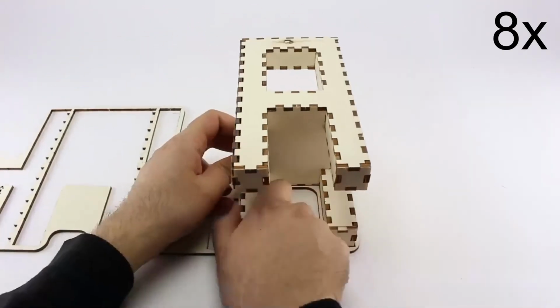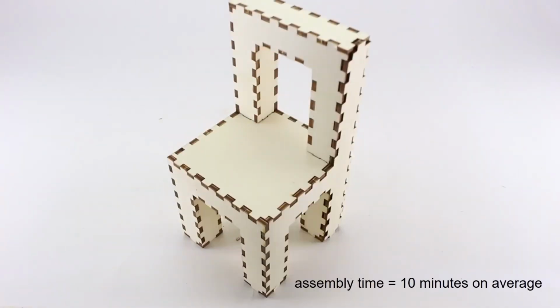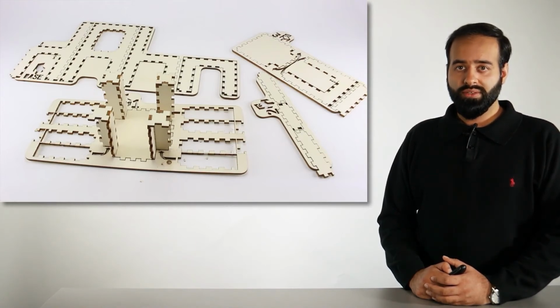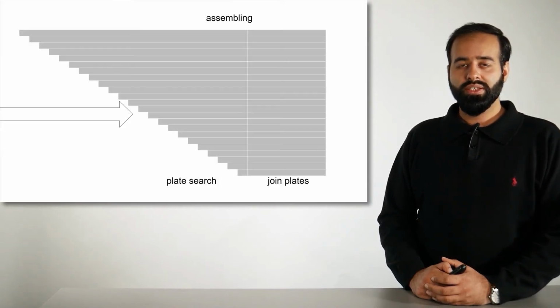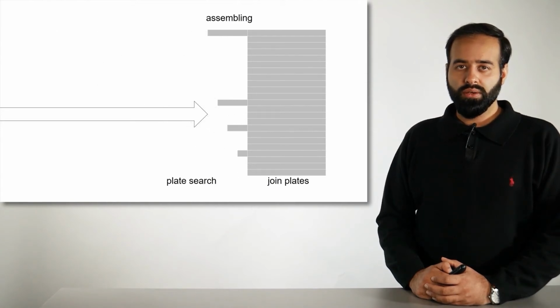In our user study, participants assembled this model in around 10 minutes and were on average 2.4 times faster than assembling a traditional layout with engraved numbers. Roadkill achieves this by maximizing adjacency while minimizing numbers. While Roadkill eliminates the need to search for individual plates, it introduces the need to search for subassemblies. The reason Roadkill works is because it replaces the search for many parts with the search for very few subassemblies.